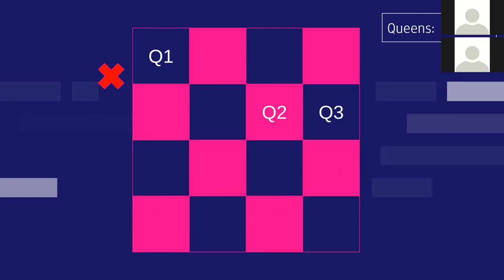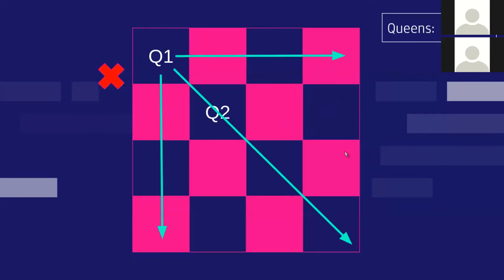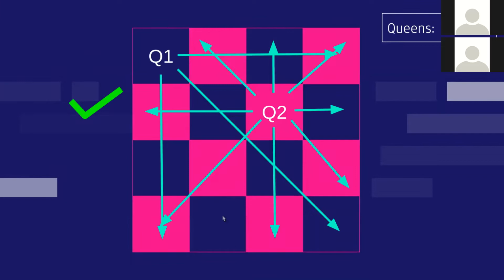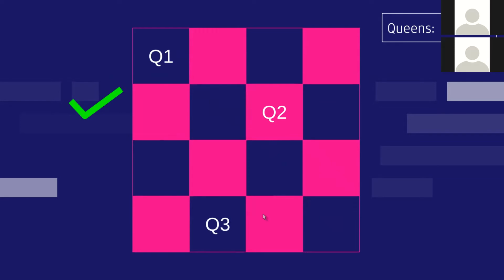We try to place q3 here. Obviously, it doesn't work because q2 is in the same row. Go next. Doesn't work. Doesn't work. Doesn't work. Doesn't work. And this position works because this place is not attacked by either q2 or q1. You see this square, right? The square is not attacked by either of these. So just place q3 there. This works, and now the number of queens successfully placed is 3.